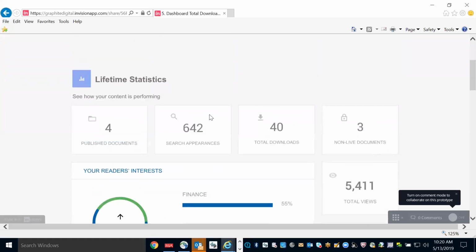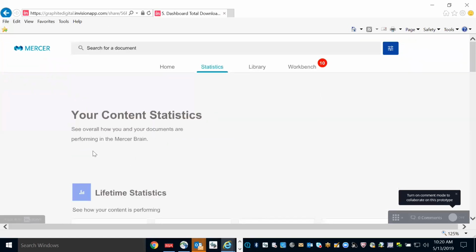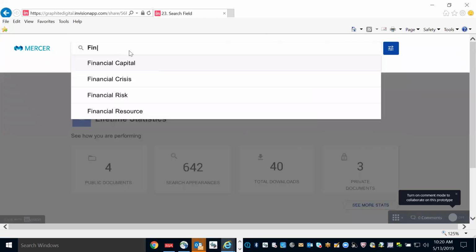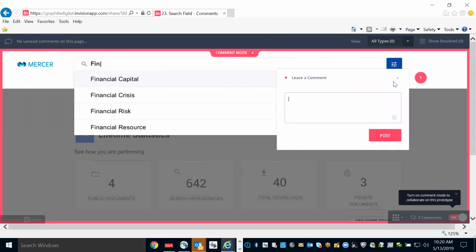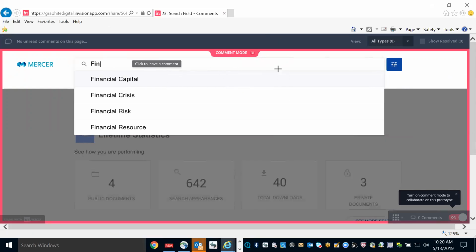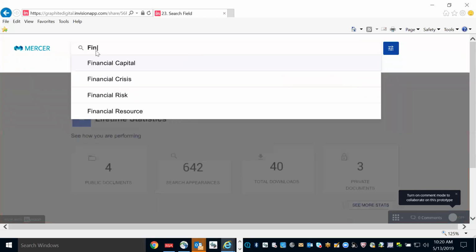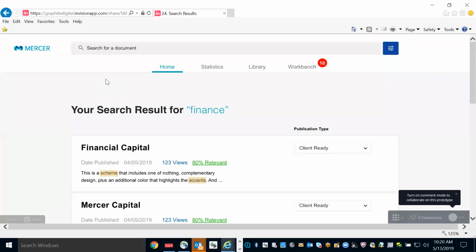Okay. Did you happen to notice the search bar at the very top of the page? No, but now I want to look for it. Okay. Oh, I don't want to leave a comment. Oh, you know what? Sorry, I think you have to click out of comment mode. It's just click the X at the top of the pink bar where it says comment mode. Yeah, there you go.